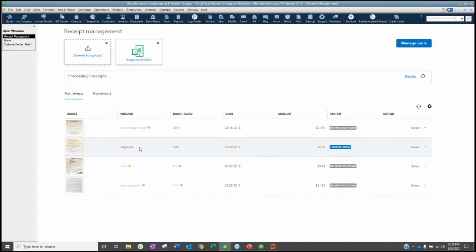Now, of course, we recommend to a lot of our customers not to set up every gas station in your QuickBooks file because it'll make your vendor list grow incredibly long. However, if it pulls in Walgreens and Walgreens does not exist on the vendor list, it's not like banking rules quite yet where it will say, oh, Walgreens equals grocery store or something like that, right? So it's not quite there yet, but maybe in the future.